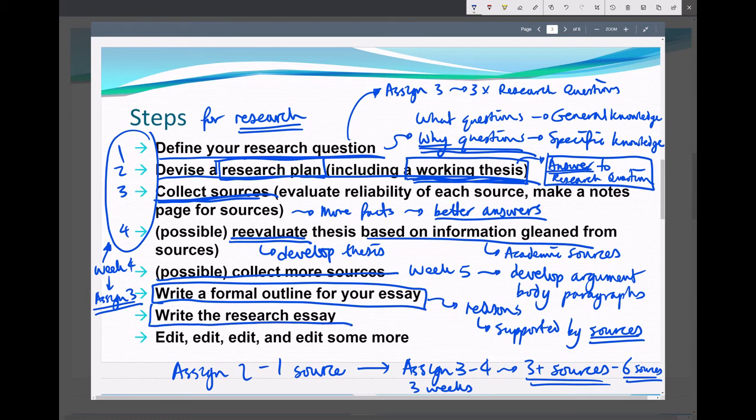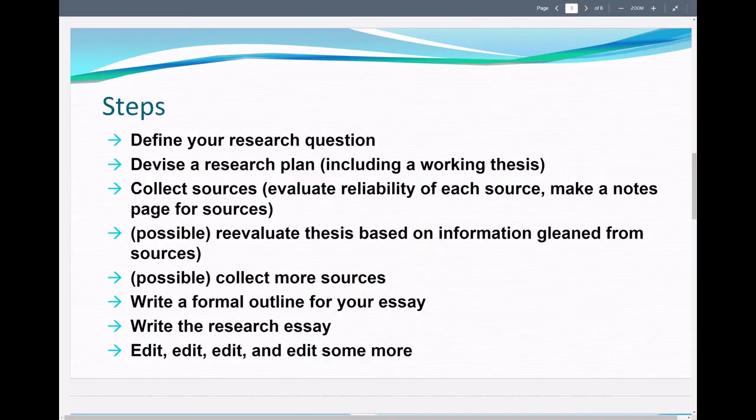Then you write based on your outline. And then once you've written your first draft, you would revise and edit and edit and edit. So you work on multiple drafts. To keep developing your argument, work on making your essay clear, and then finally, do your grammar and sentence structure as well. Now, what do these steps look like on paper, on your term paper? Well, it would look like this.